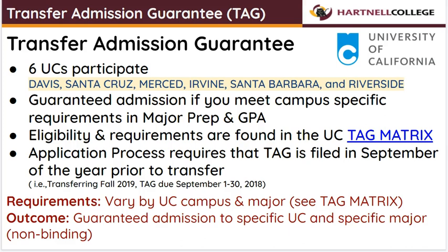TAG is only available at 6 out of the 9 undergraduate campuses with the TAG program. You have guaranteed admission if you meet campus-specific requirements in major preparation courses and GPA. Eligibility requirements are published yearly in the UC TAG Matrix, which you can find on their website. To participate in TAG, you must submit your application by September 30th prior to submitting your actual transfer application, which